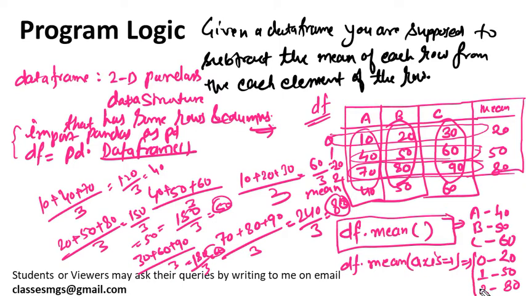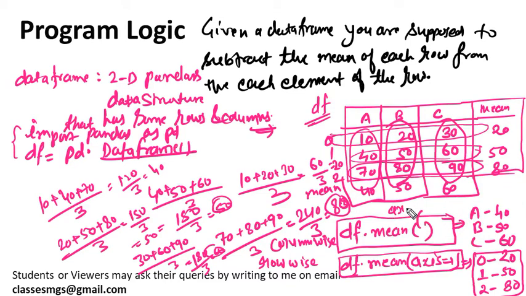So this is the mean, that is row wise. If you want to get the mean row wise, you will pass axis equals to 1. So this is the mean row wise, and this is the mean column wise. By default, if you call the mean function on a data frame, it will return the mean column wise. By default axis is always 0, that's why it returns column wise. And if you want to calculate the mean row wise, then you need to pass axis equals to 1.